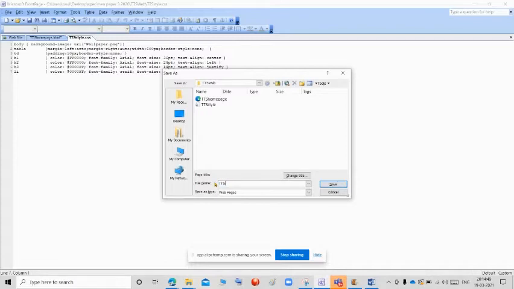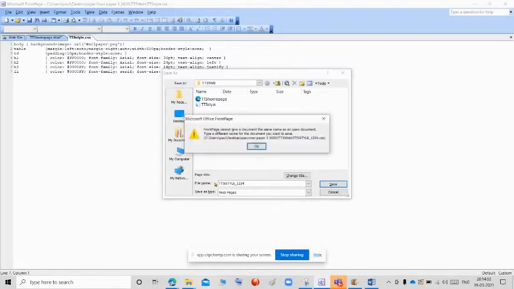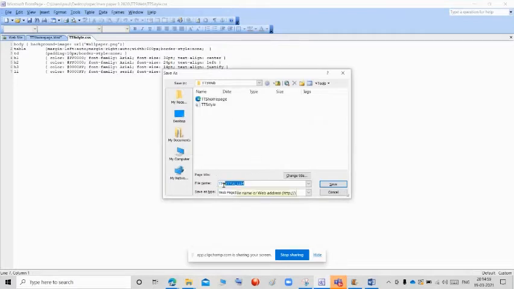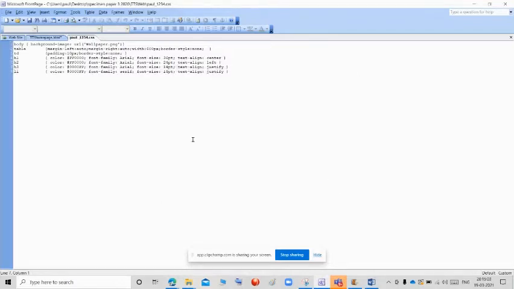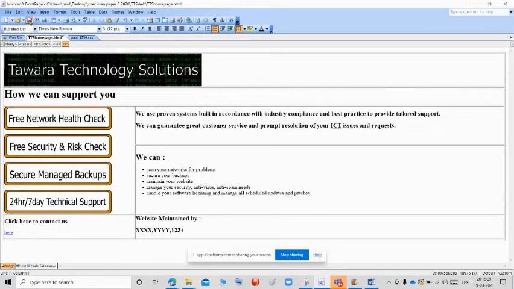Style underscore 1234, and click save. Home page, and also click the save.